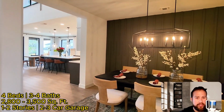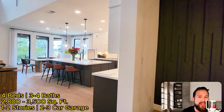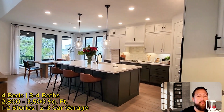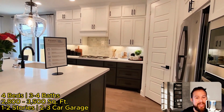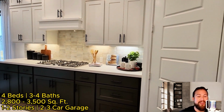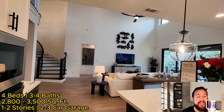So during the slow season. So not the spring and not the summer. That's when buyer activity is at its peak. That's when the masses come out, in the summer and the springtime. And that's when these builders start taking away these incentives or are willing to give less, because the way it works is